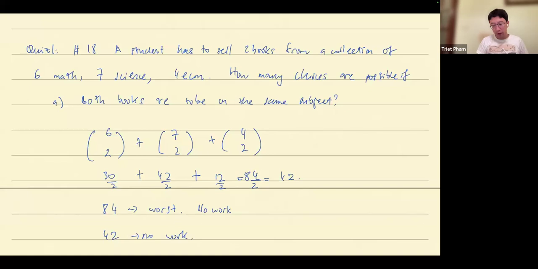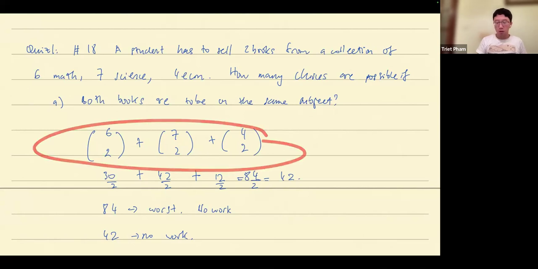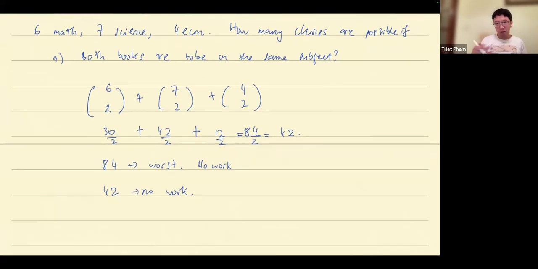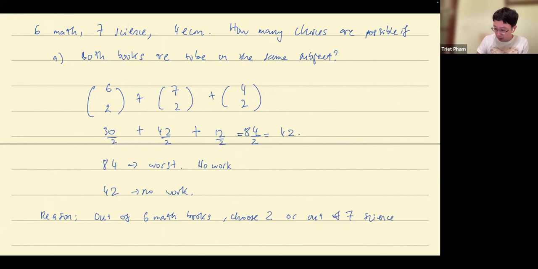And let me explain real quick here. Along those lines, when you write something like this down, you explain the reasoning behind your work. The best way is to write down another line in English for the reason of your expression. For example, the reason here is: out of 6 math books, we choose 2, or out of 7 science, we choose 2,